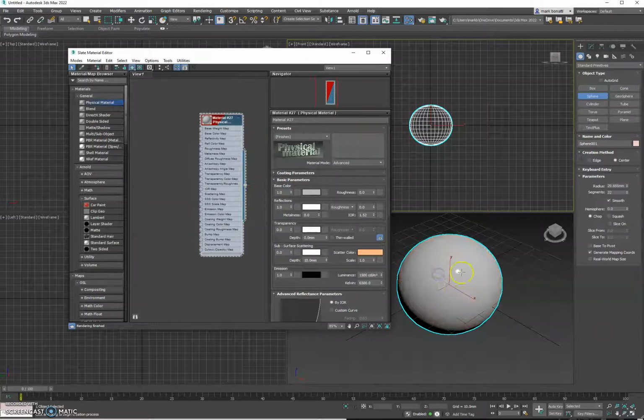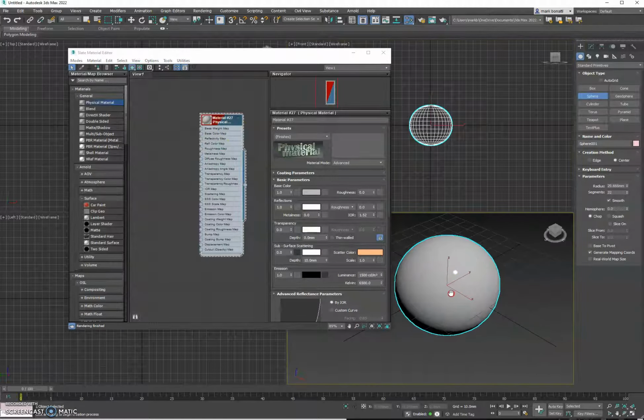just drag it onto the scene, and it should change. Now, if it doesn't, you might have this turned off. It should be on by default, but it might not be. So if this isn't highlighted, make sure it is, show shaded material in viewport. If that's not on, you might not see it